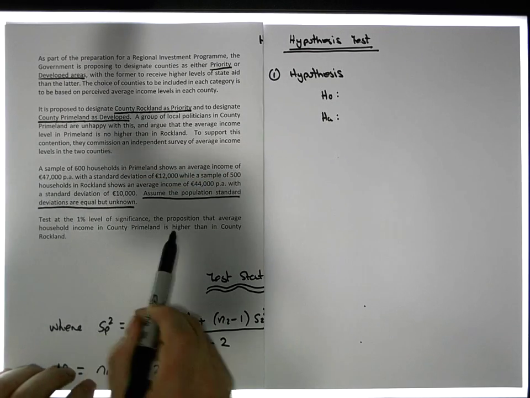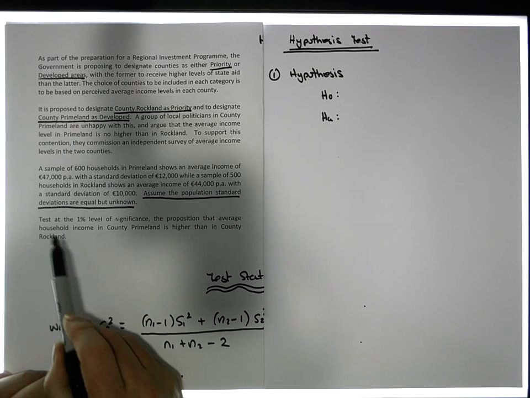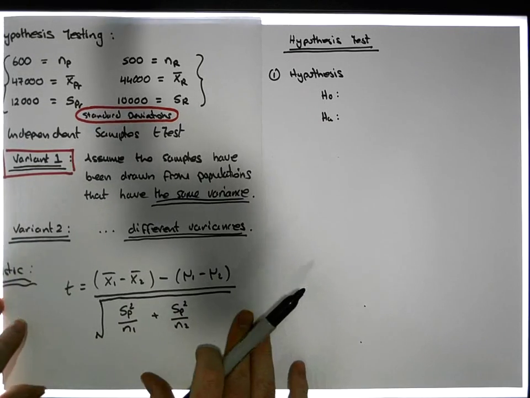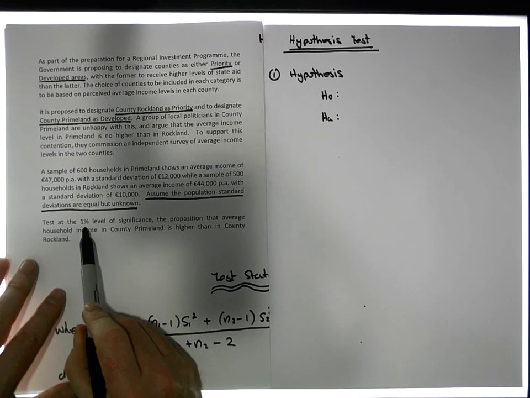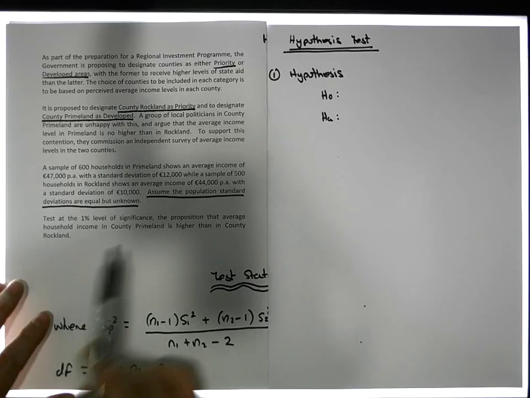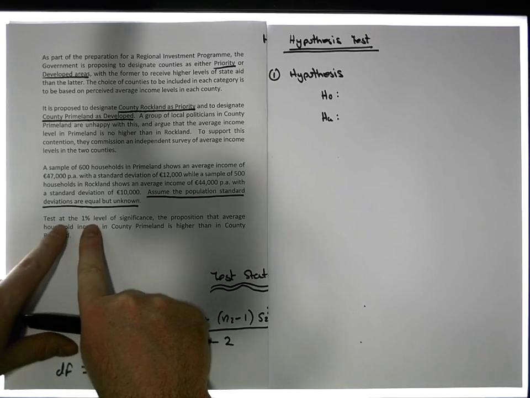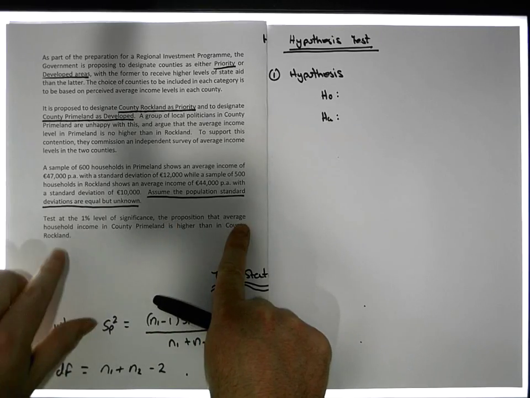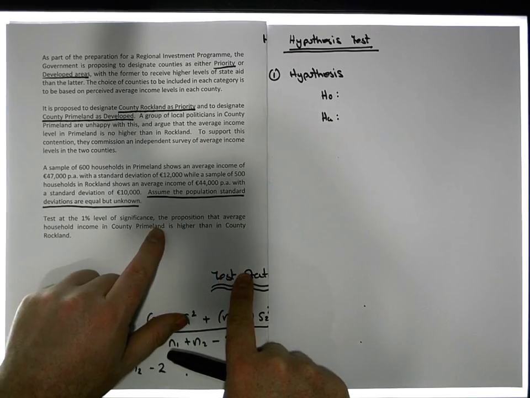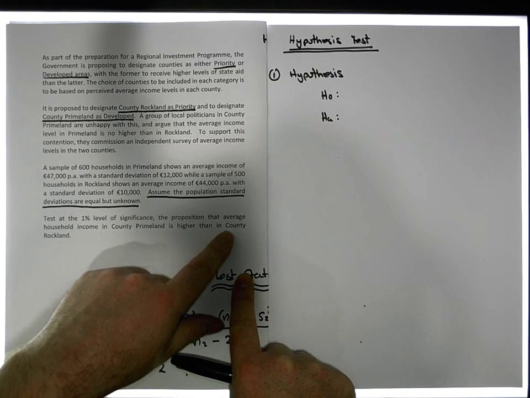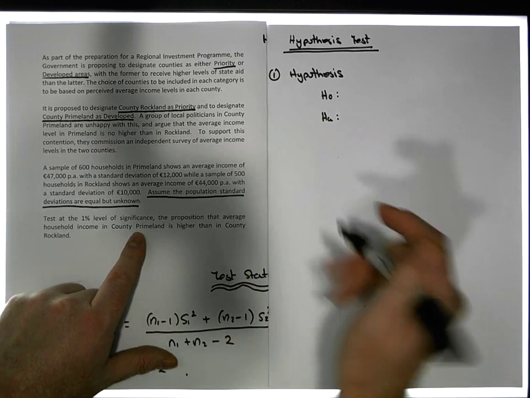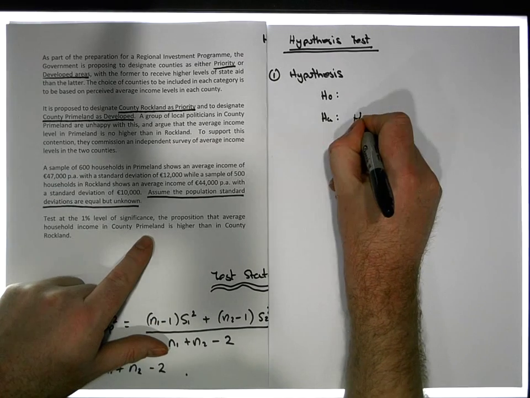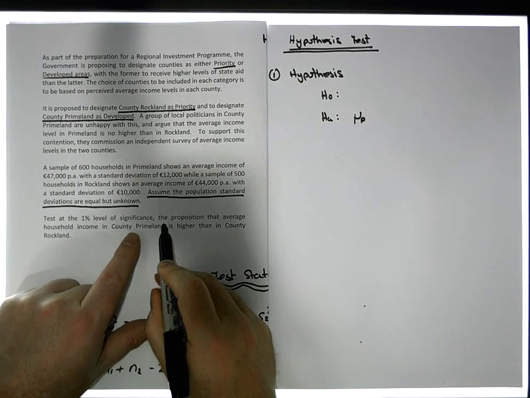Now, let's have a look at the last paragraph here. It says, test at the 1% level of significance. So we also know the significance of the test. The alpha level should be 1% or 0.01. But what do we want to test? We want to test at the 1% level of significance the proposition that the average household income in County Primeland is higher than that of County Rockland. Okay, so what's the population average for Primeland? It's mu of p. Okay, and what we'd like to test is to see whether mu of p